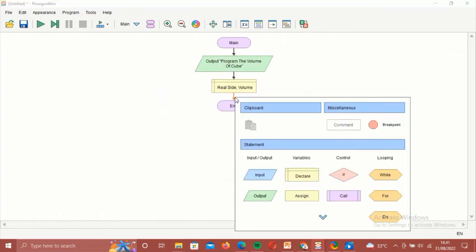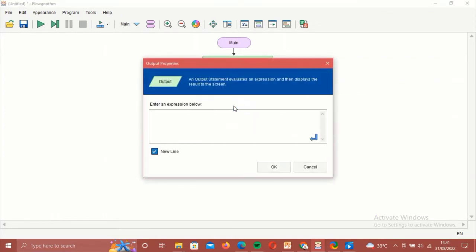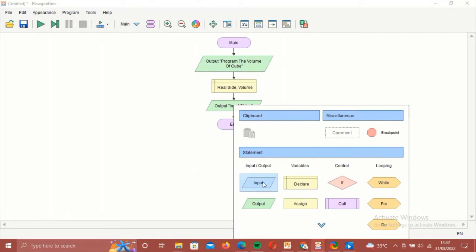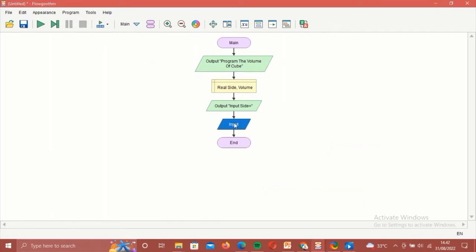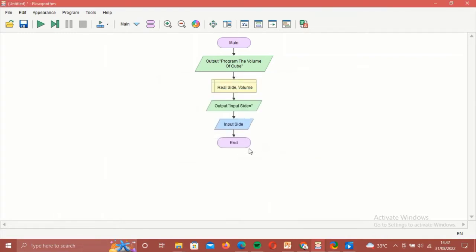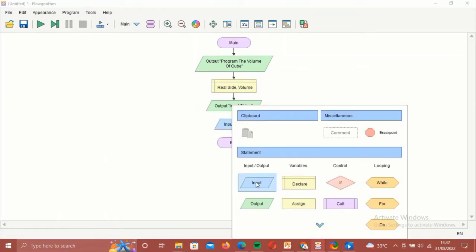Next, repeat the same instruction to choose the output. Then write input side, and don't forget to write the equal sign. Okay, and then click input, so we can write the variable name is side. Click OK, and then we can choose the